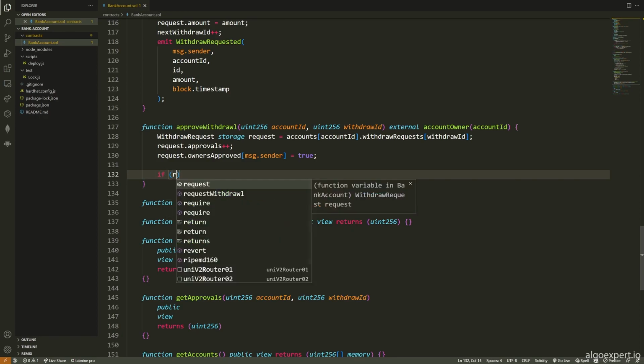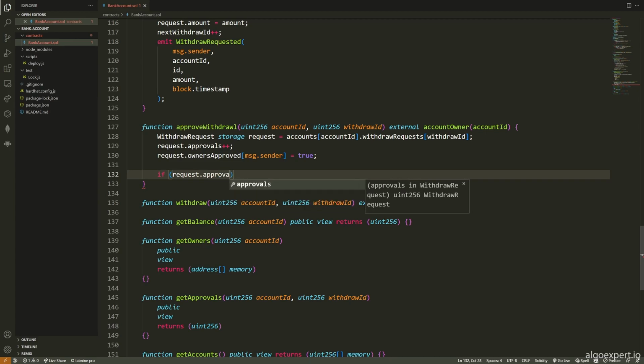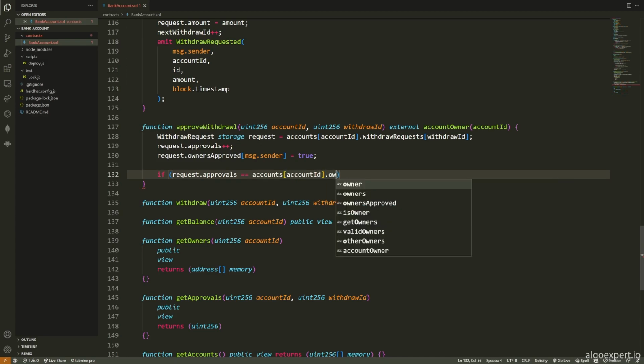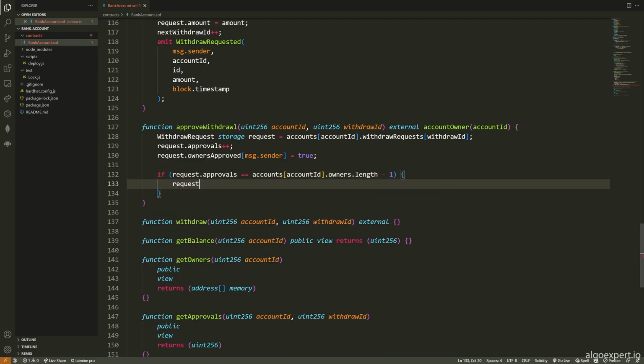So I'm going to say if request.approvals is equal to accounts at account ID dot owners dot length minus 1. I'll talk about that in a second. Then we're going to say request dot approved is equal to true. Okay. The reason I'm checking if the number of approvals is equal to the length of owners minus 1